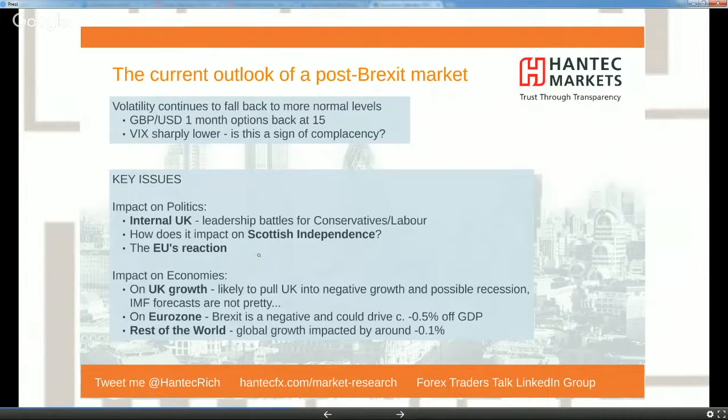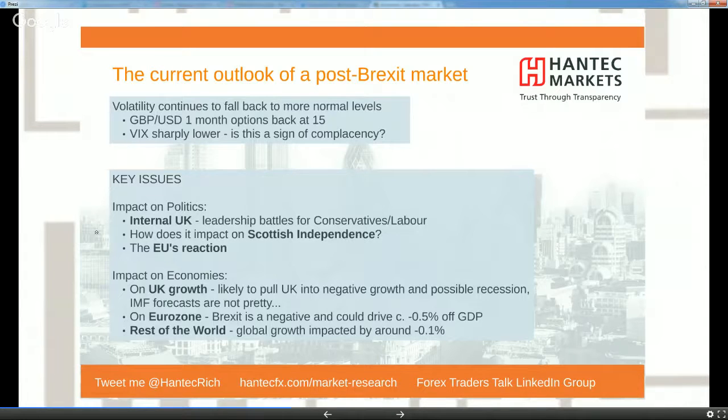Certainly sterling is the main market that will be under pressure on the back of that, but also potentially seen through UK-focused equities as well. The UK FTSE 250 is still under significant pressure, despite the fact that the FTSE 100 is trading up around 2016 highs. The 250 is still under a lot of pressure because it's UK-focused rather than international, which is what the FTSE 100 is.